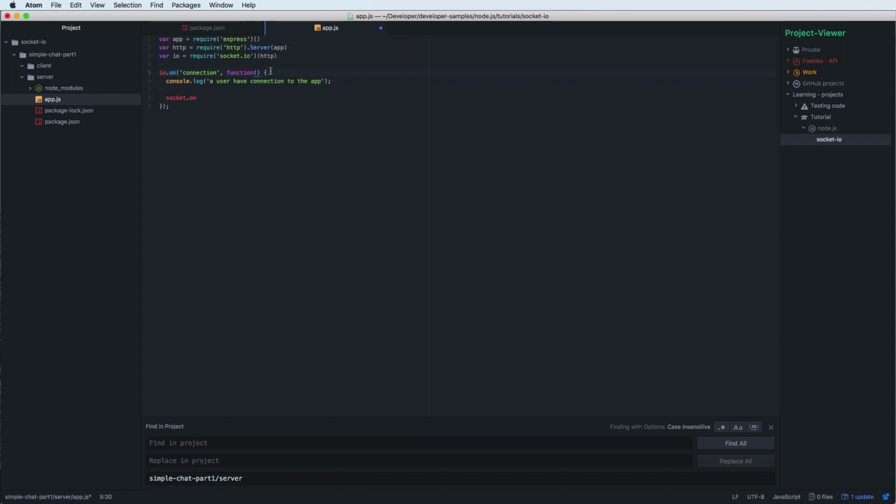sorry, we need the socket object inside. We want to trigger and send the socket object inside. So if the connected user wants to disconnect, we want to know what happened here. So let's say the user has been disconnected. So that's meaning